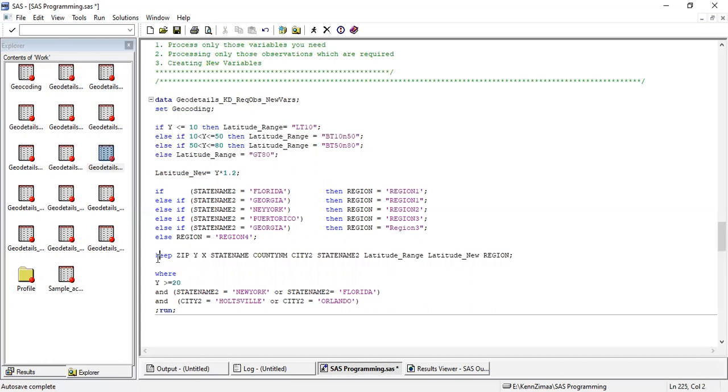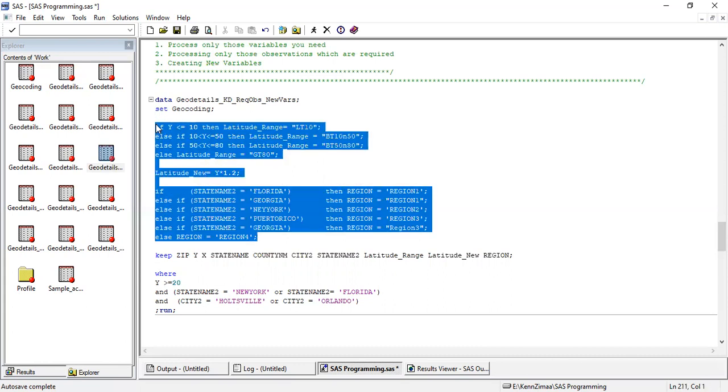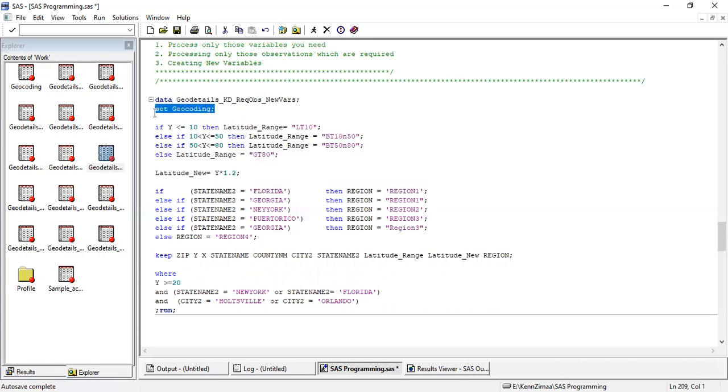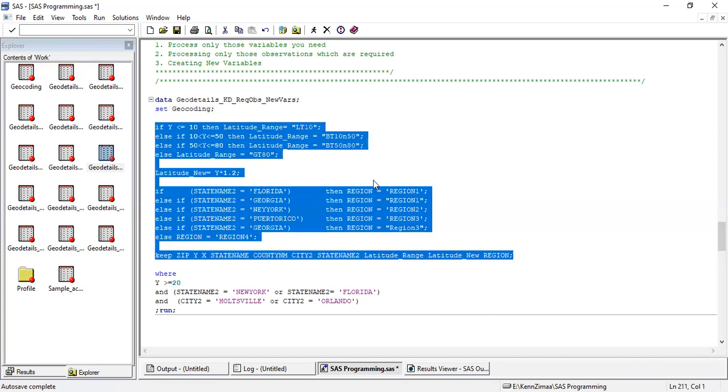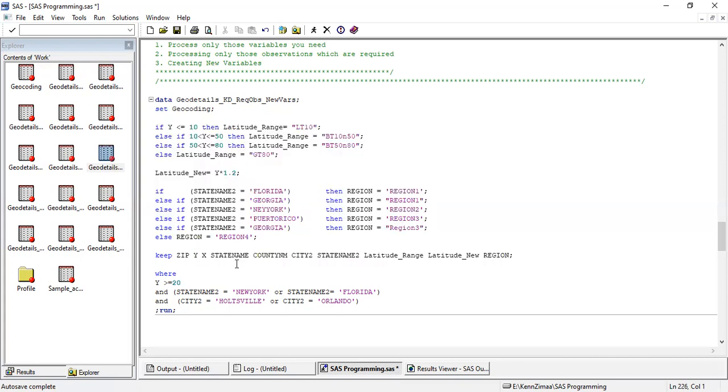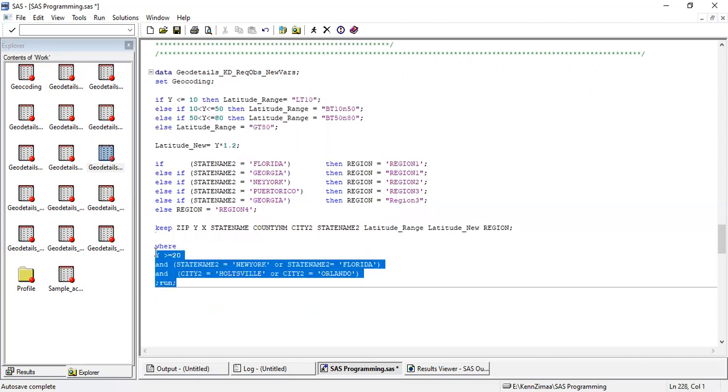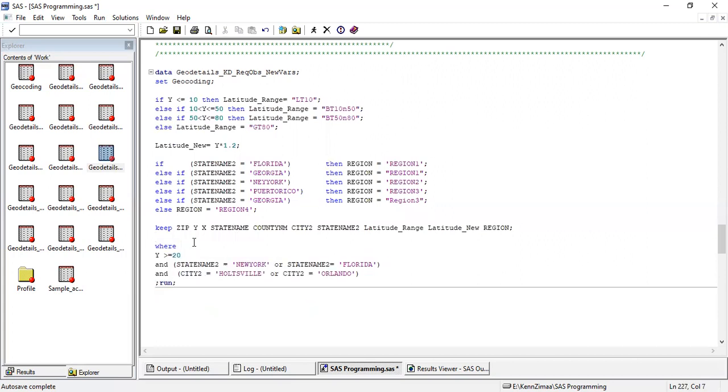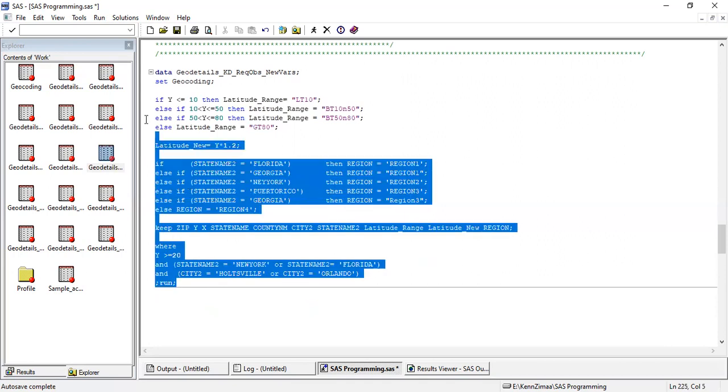If you don't give this condition, guys, what will happen is it will definitely contain all the new variables which you have created, but it will pull all the existing variables which were there in the geocoding data. So let's say if your data set has 250 variables or 300 variables, you will be having all those huge number of variables also in your data. And additionally, you will be creating some new variables. We don't want to go into that situation because we need to work concisely. So we will use keep condition. And where condition also I am passing to restrict my number of observation based on different conditions. So if I run this,